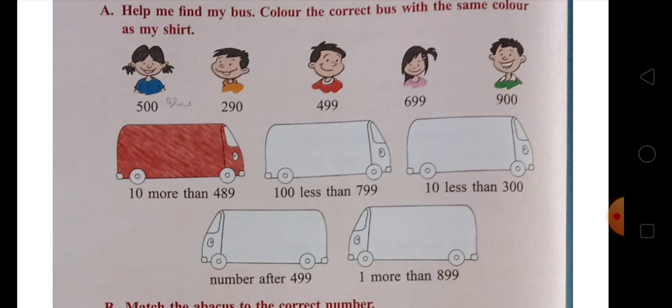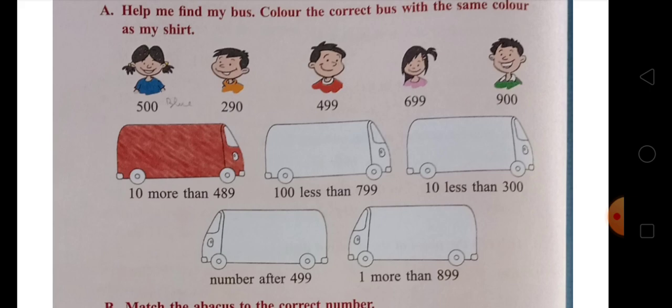एंड आफ्टर दैट 100 लेस देन 799, जब आप 799 में से 100 को सब्ट्रैक्ट करेंगे, तो दैट विल बी 699। एंड 699 वाली जो गर्ल है, जो चाइल्ड है, उसने पिंक कलर की शर्ट पहनी है, तो सेकेंड वाले बस को आप पिंक कलर से कलर करेंगे। एंड थर्ड आपका है 10 लेस देन 300, दैट विल बी 290। एंड 290 वाला जो स्टूडेंट है उसने ऑरेंज कलर का शर्ट पहना है, सो आपका थर्ड वाला जो बस है वो ऑरेंज कलर से कलर करेंगे, ठीक है।